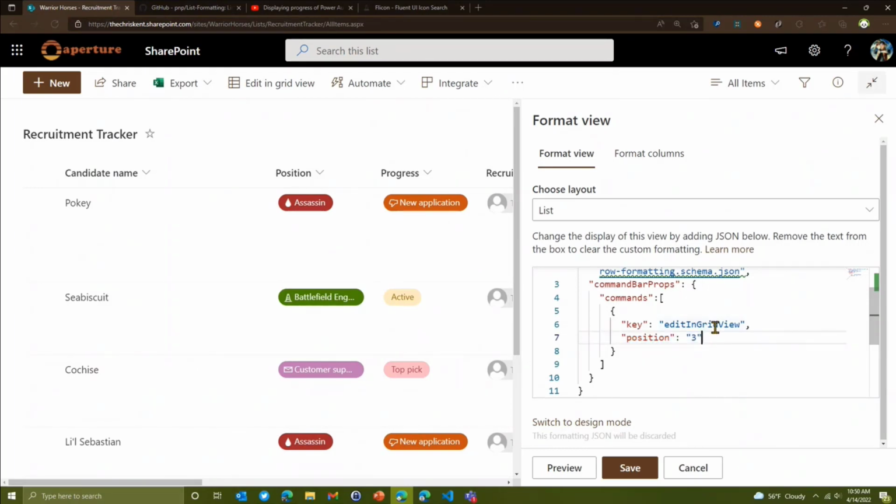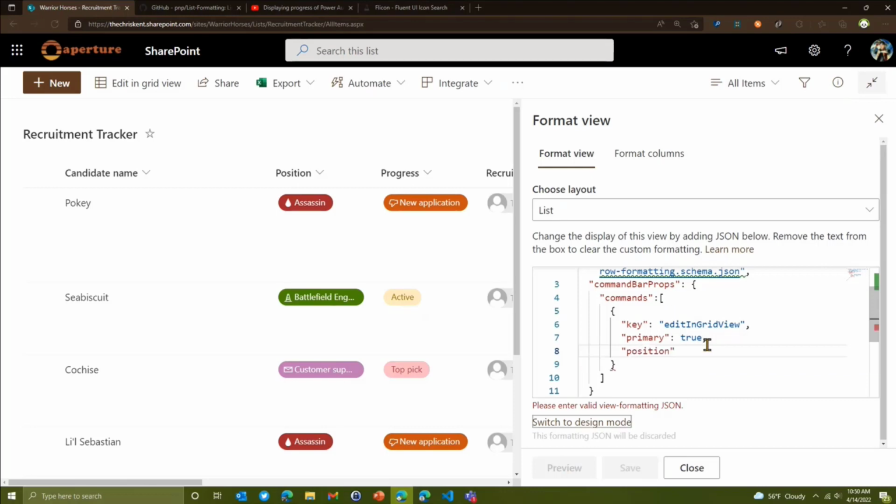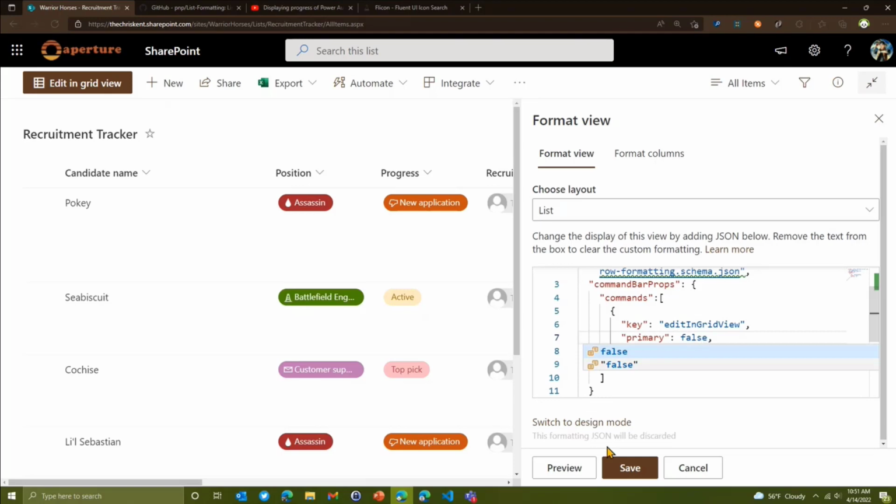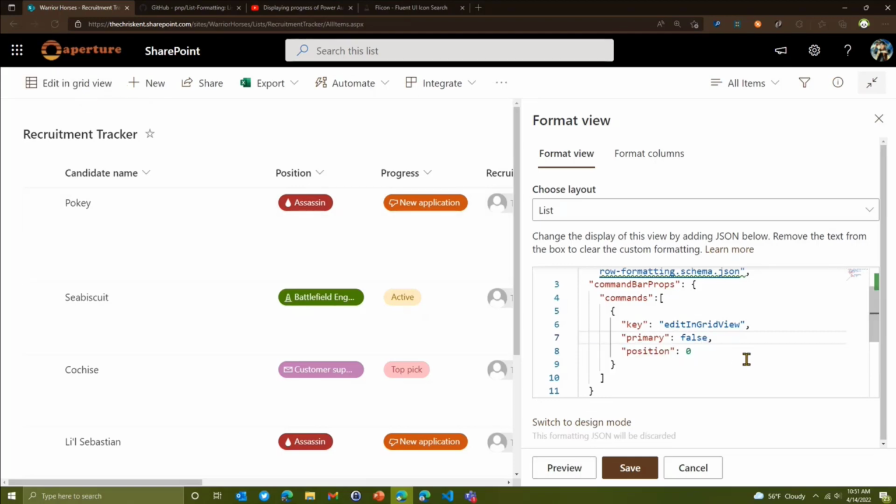What if I wanted to say edit and grid view is my primary button, right? So let's get rid of that and let's just say primary. And I can say primary is true. And what primary does is it's going to affect that background. But you'll notice something strange here. Didn't actually do it. And the reason is primary true only works in position 0. So just keep that in mind. It's a little strange. So if you put it in position 0, then you could have it be that primary look, right? So I can turn that off and preview that, and you can take that away. So that's pretty cool. There's a little more you can do as well.